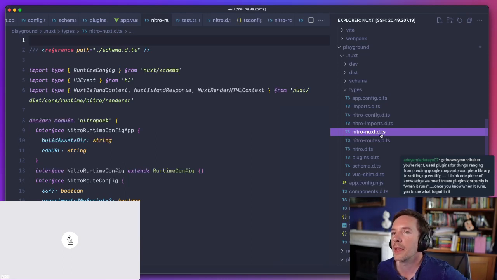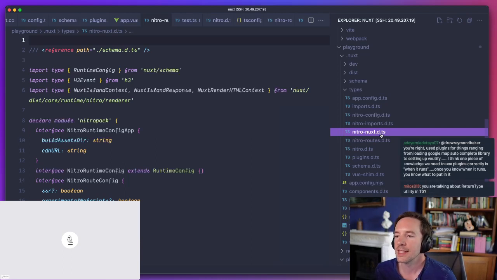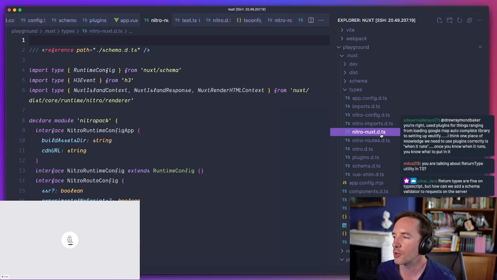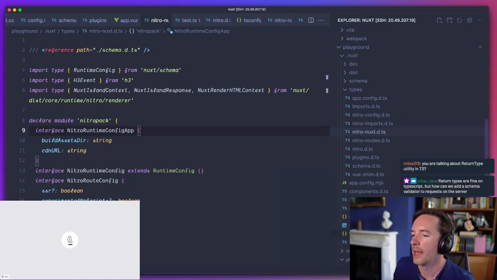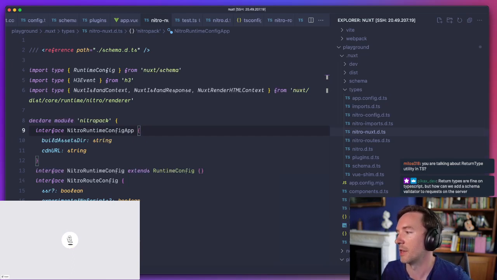So I think Nuxt and Svelte also have a slightly different approach, in terms of a TypeScript plugin, so you can do things like just export const middleware, and then TypeScript knows that this middleware variable needs to be of a certain type.